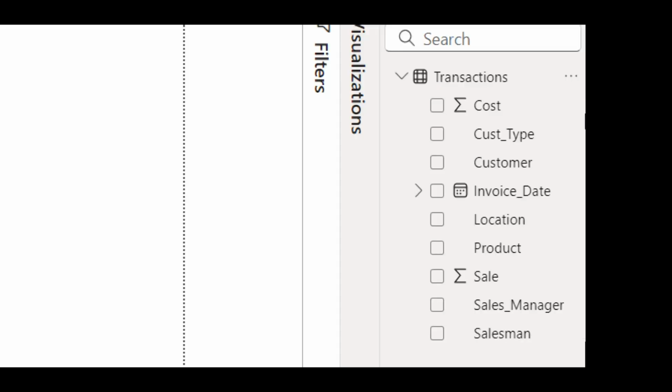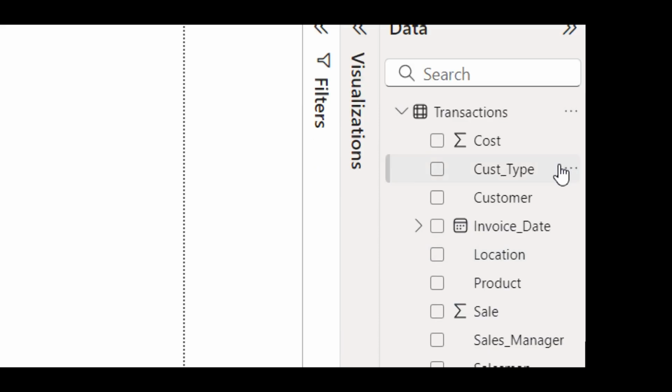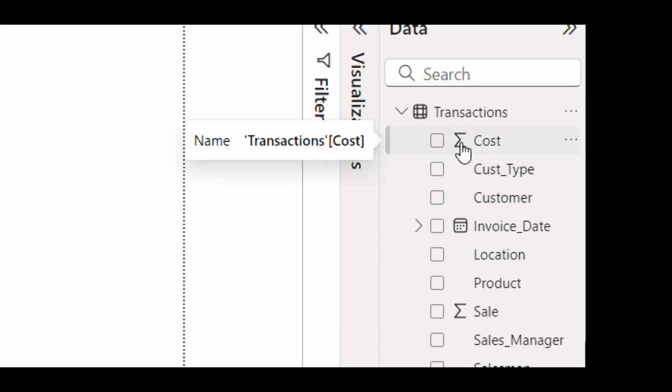So observe one thing. There are few fields against which you have a